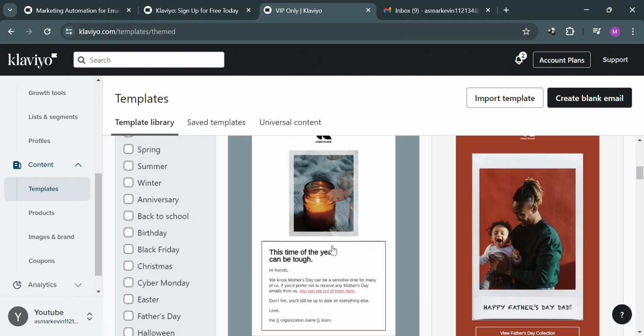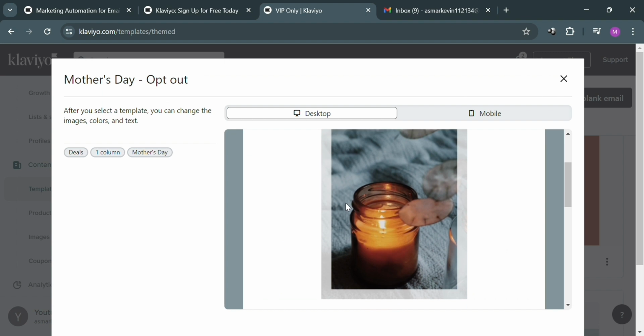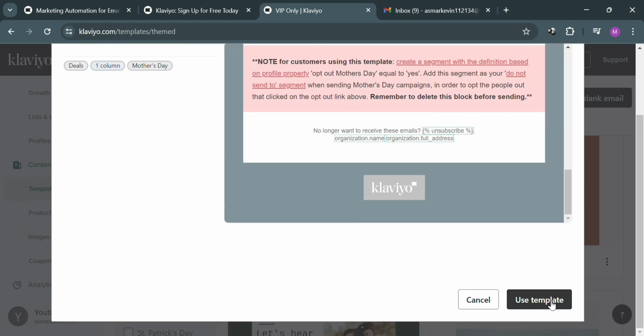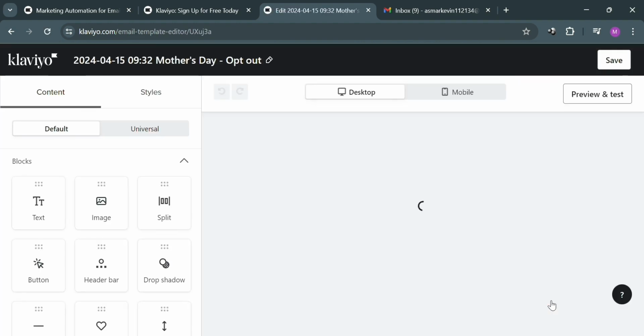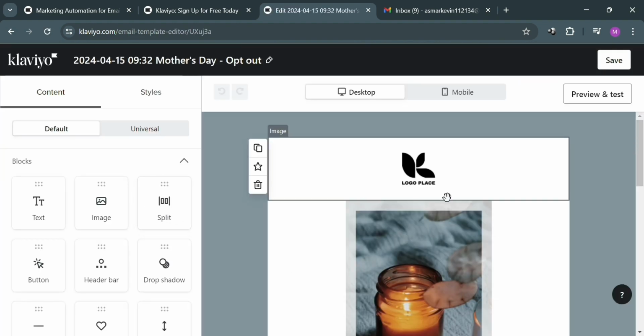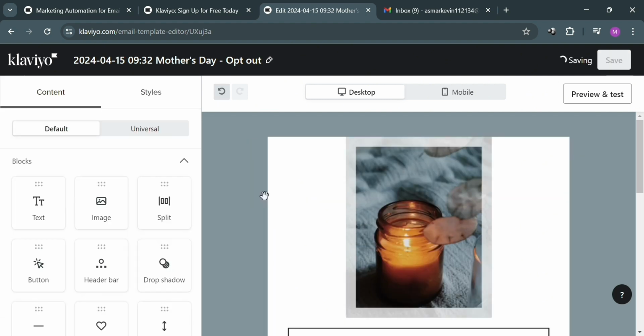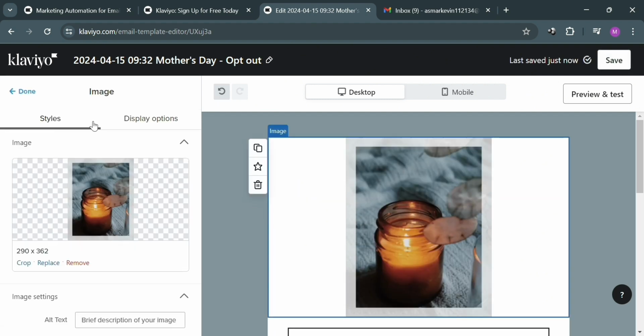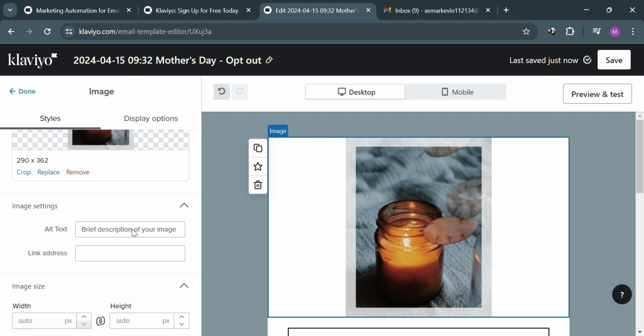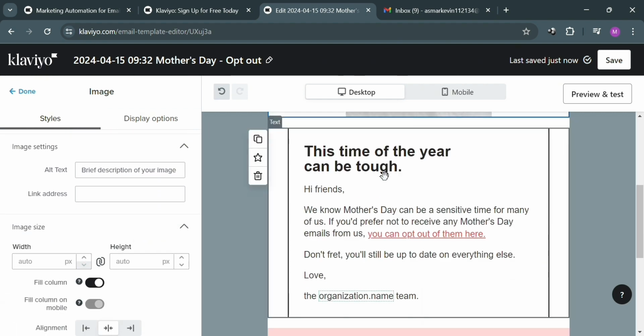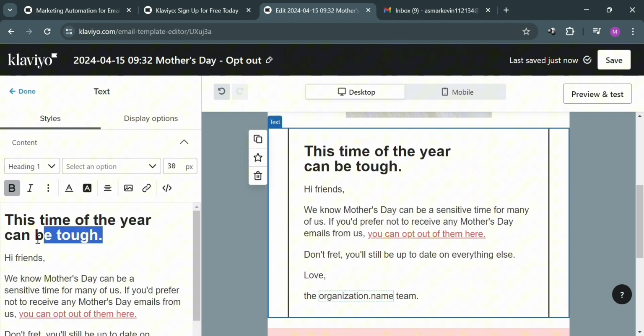So for instance, I'm going to choose this one, so let me click on it. And from here, just scroll down until you find this use template button. By simply clicking on it, we will be directed to this page. And from here, we can start customizing these templates, such as by deleting this logo and using some other editing tools that we can find on the left side panel. We could also customize this image using the left side panel editing tools or edit this content if you want